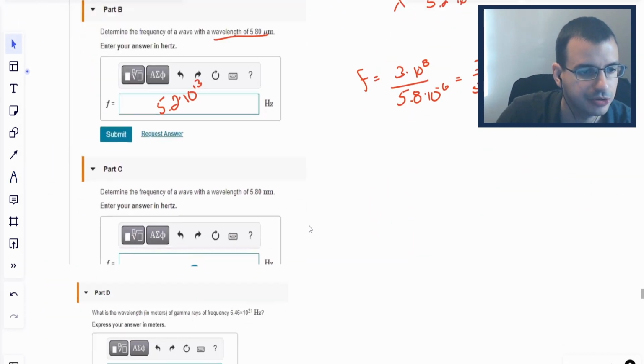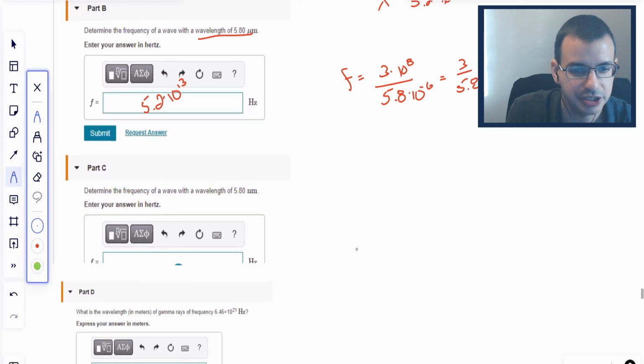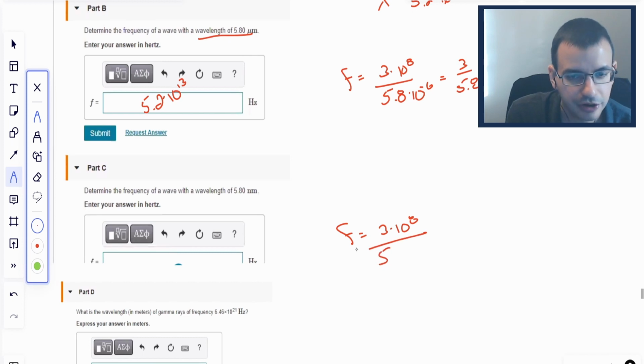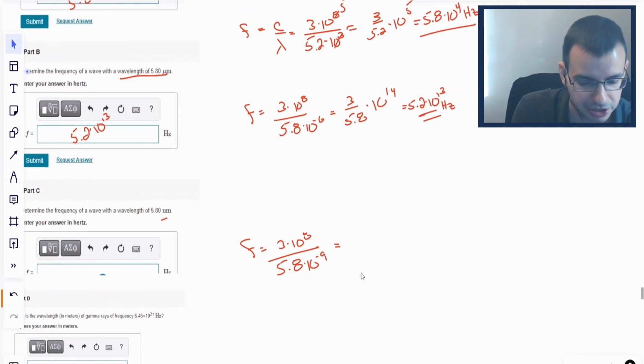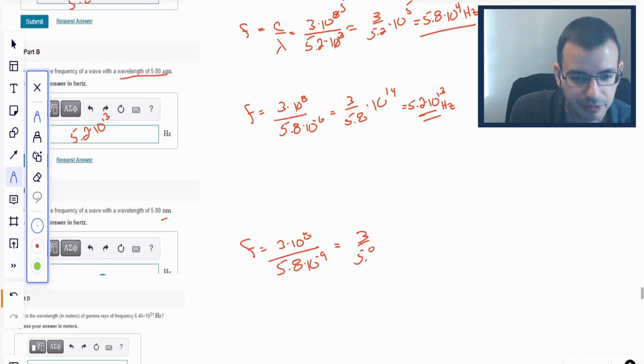Okay, determine the frequency of a wavelength of that. Same concept. Frequency equals 3 times 10 to the 8 over 5.8 times 10 to the negative 9th. Negative 9th is nano. And so this is going to give us pretty much the same thing. It's going to be 3 over 5.8 times 10 to the 8 plus 9 is 17. So it's going to be the exact same answer as before, except it's going to be 3 higher. So it's going to be 5.2 times 10